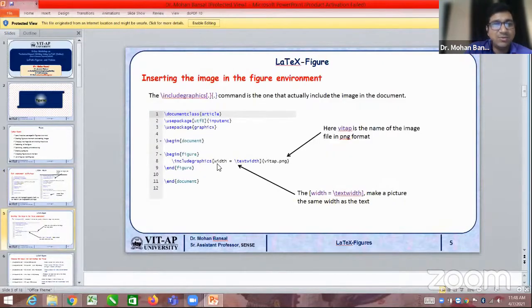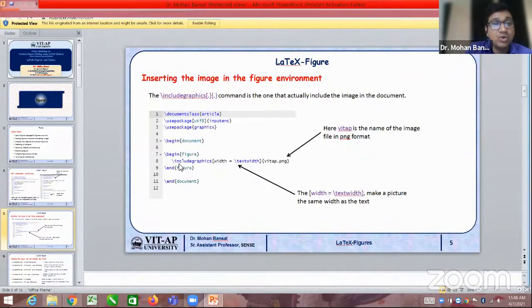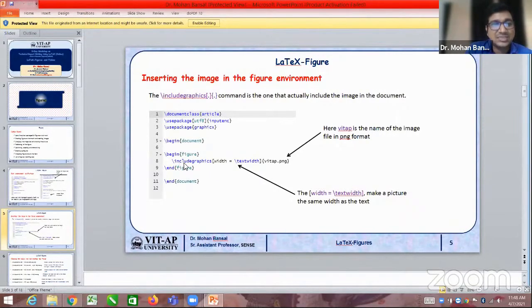Here you can see we have added one more line inside begin figure and end figure. That line is \includegraphics[width=\textwidth]{vitap.png}. Understand this very carefully. This is a very common command, includegraphics, for inserting the image.